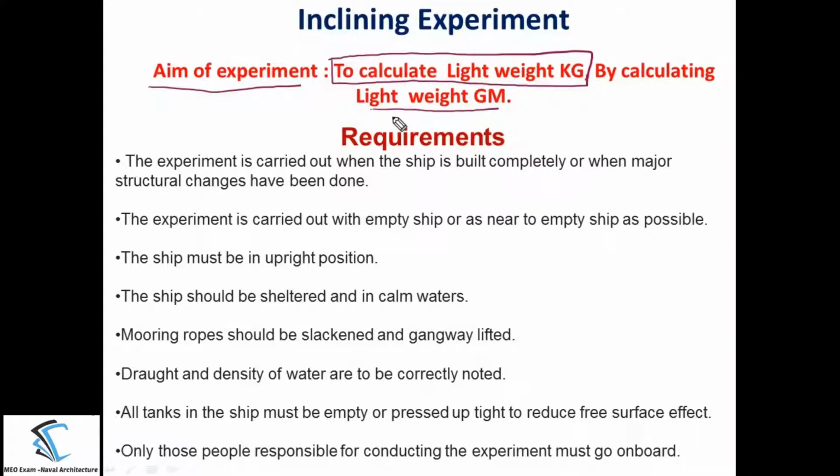In earlier classes we have solved a lot of numericals to find out the final center of gravity location after loading, unloading and shifting the cargo within the ship. In all those numericals, they have given the displacement of the ship and the KG location, meaning the center of gravity location of the lightweight ship from the keel. So that is the given thing in all the numericals. That only we are finding now.